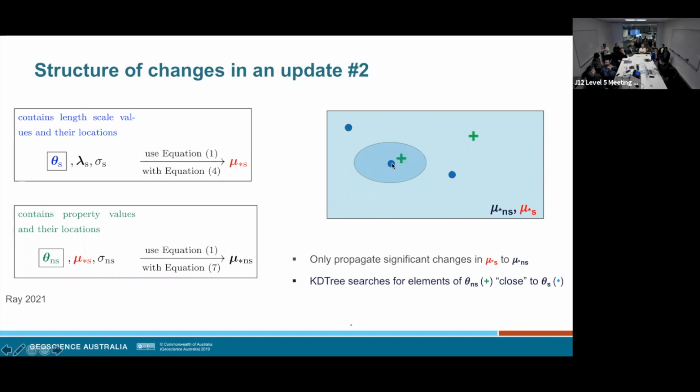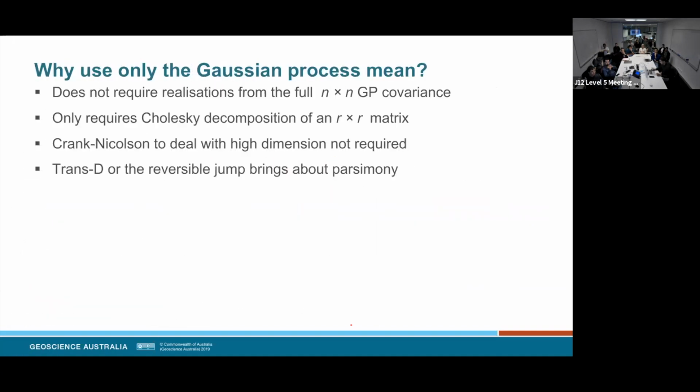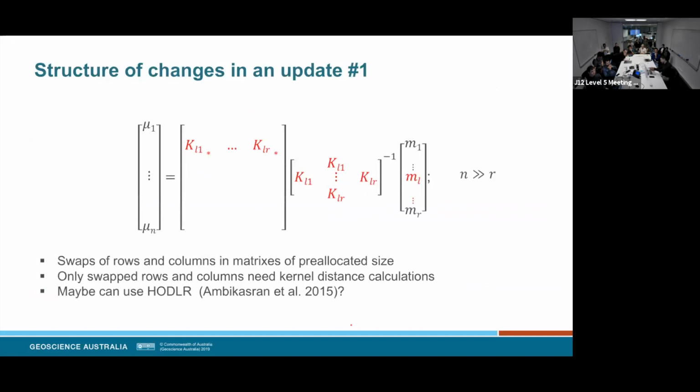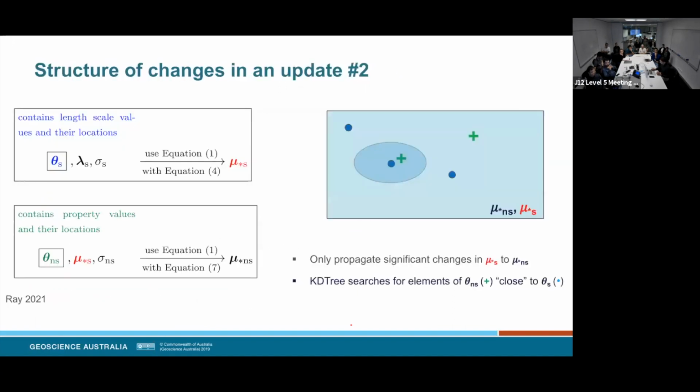So then I'm going to do a KD tree search to see which nuclei in the non-stationary Gaussian process fall within that radius. And if they are within that radius, only do the kernel computations, which you saw here, modifying just the L's that fall within the radius of the change. So it's kind of a neat approximation, and this completely obviates the need to recompute the entire kernel matrix.